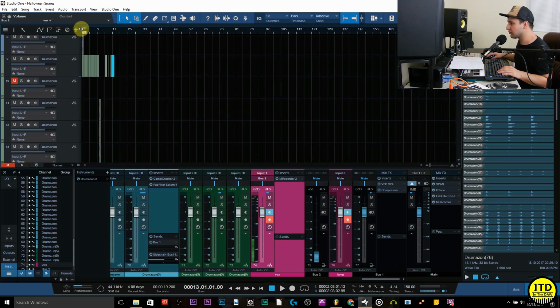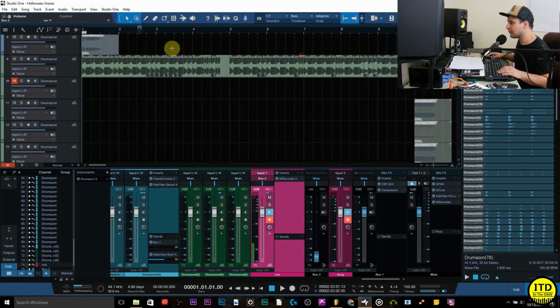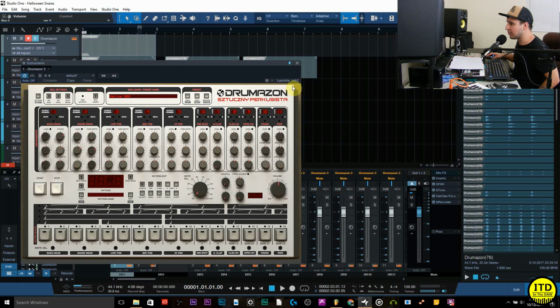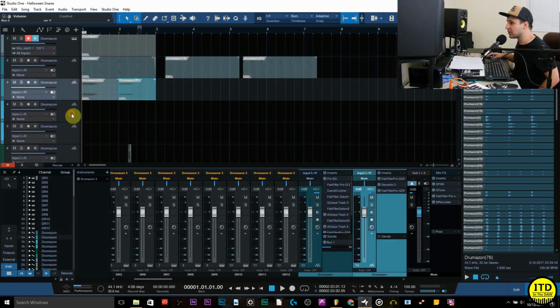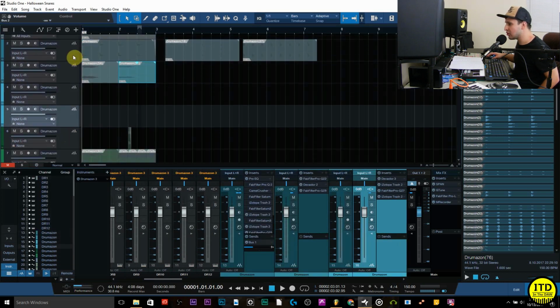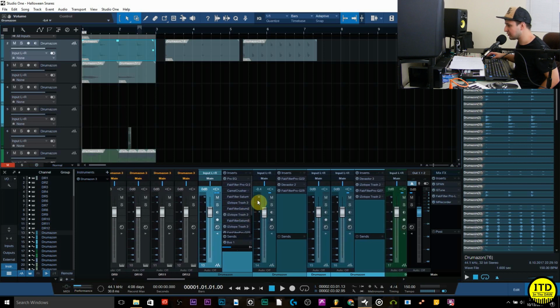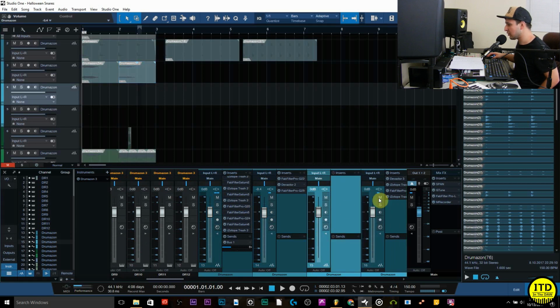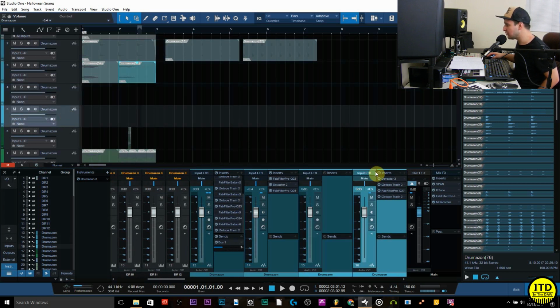So if I go to the beginning of this project, you're going to see here that I have my drums on right here, my plugin there, and every single different bounce I have is just a few amount of plugins. In this case, I'm just using 5 of them, and then I'm going to the next one, using 3, going on to the next one, maybe not using anything at all, maybe just removing the plugins and bouncing it again,